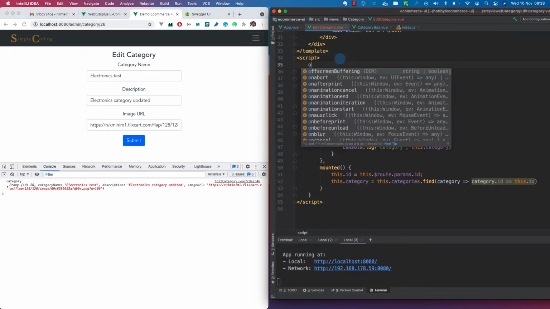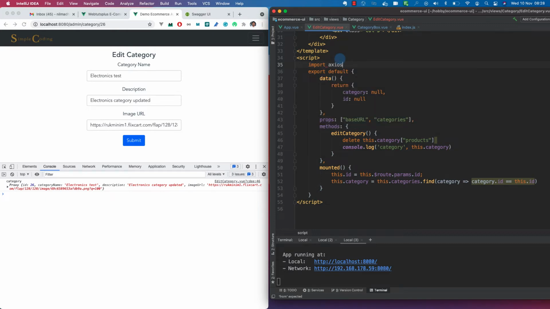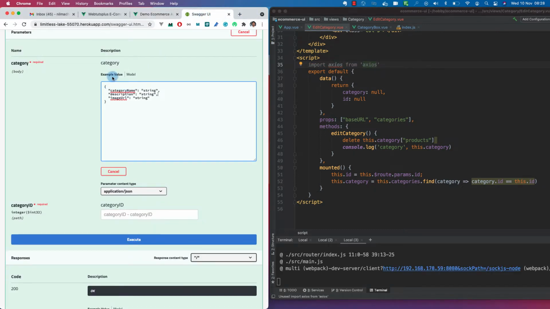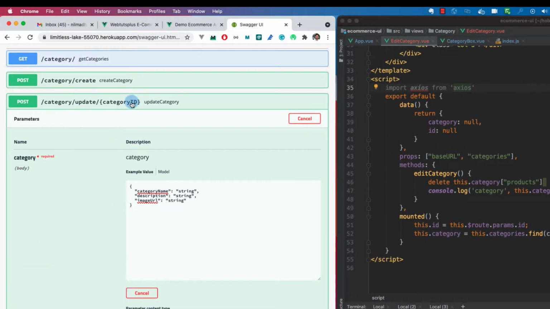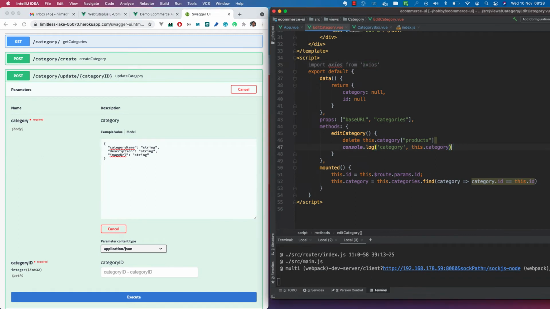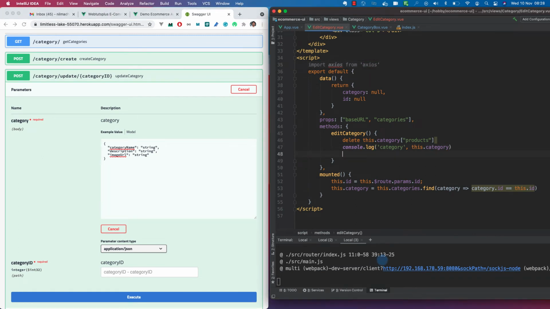So let's import Axios first. And we will call this API and send the category name, description, image URL into this. We have to pass it the category ID in the path variable. So let's do that. So you can say await, and we have to make it async. Await axios.post, and URL will be